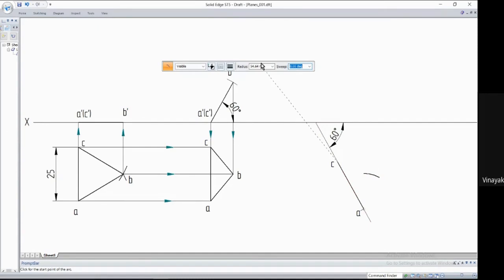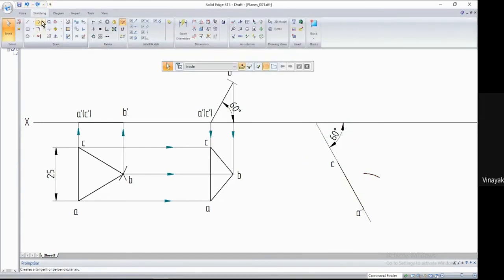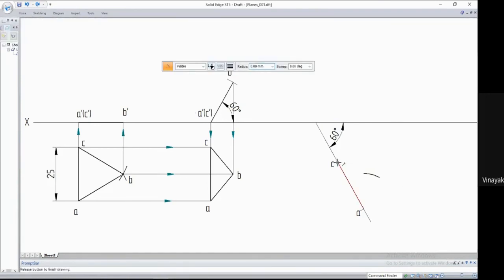One more, I'll come here. 16.54, I'll cut an arc here. Not to worry, it happens sometimes. Just go back and try it again. So 16.54, enter.